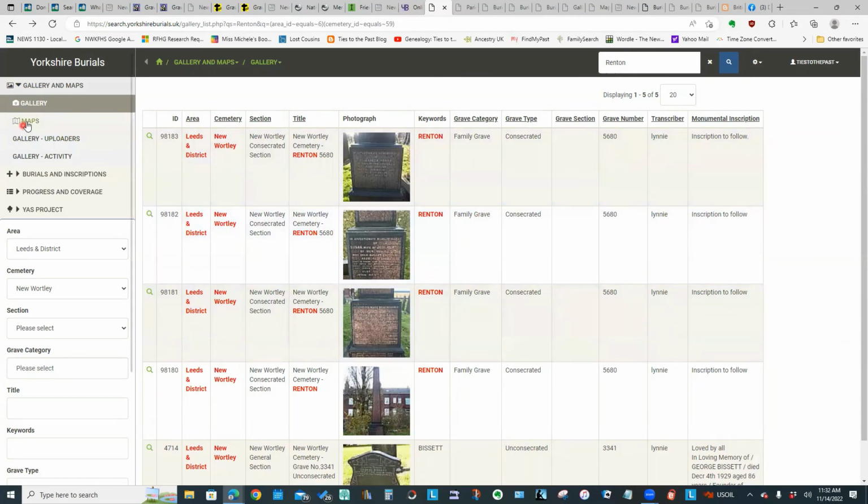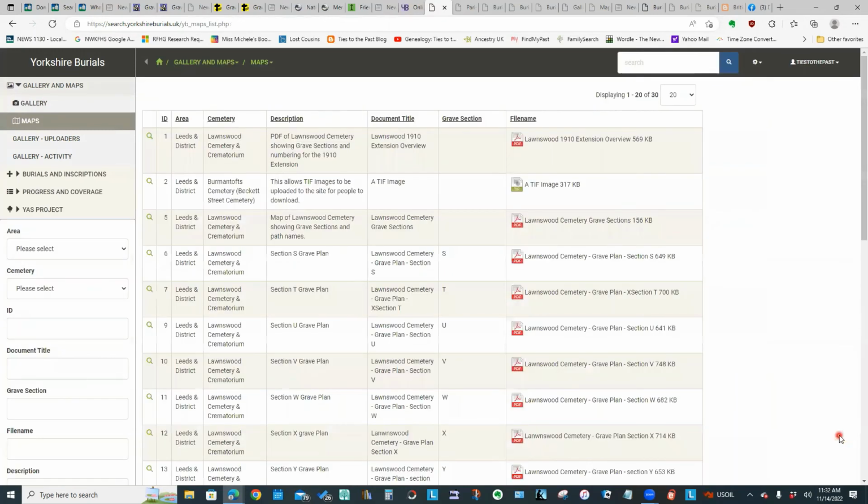They also do have maps of some of the cemeteries, which is handy. And if the map for the cemetery you're looking for is not listed here, you can email them from the homepage. There are links to email them, and I have seen them reply back that they will load the map up. So that can be a useful resource.